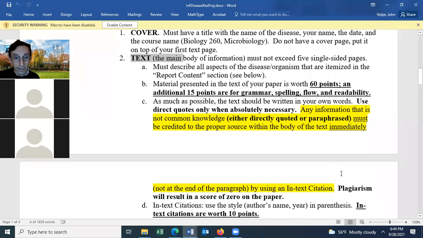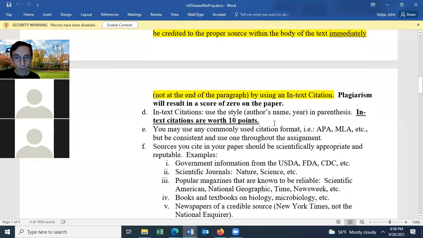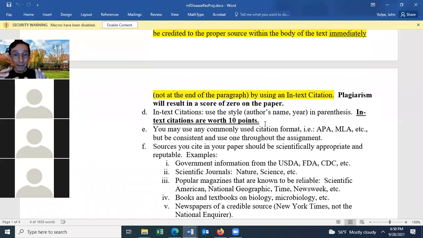All right, an in-text citation must be in the correct format. It's going to be worth 10 points. Normally, what you're going to be doing for the in-text citation is you'll say something in the body of your text. There were 10,000 deaths in the state of Washington as of September 28th, 2021. And don't quote me on that. I don't know what the numbers are. I haven't looked it up recently. Okay, but you should then put it in